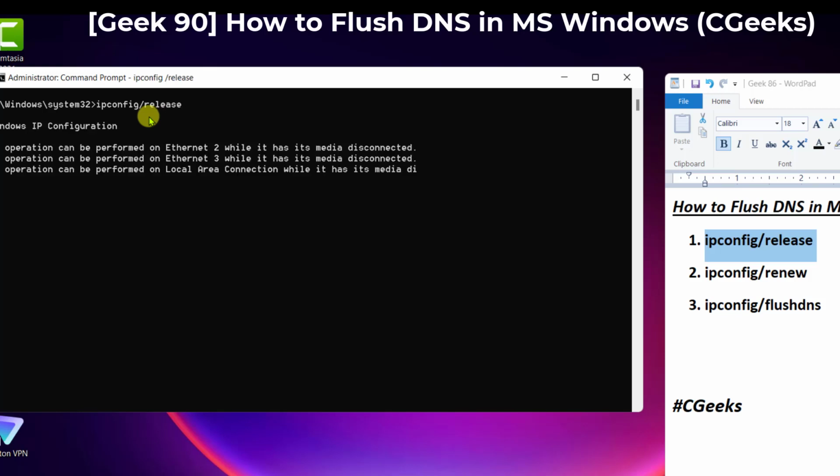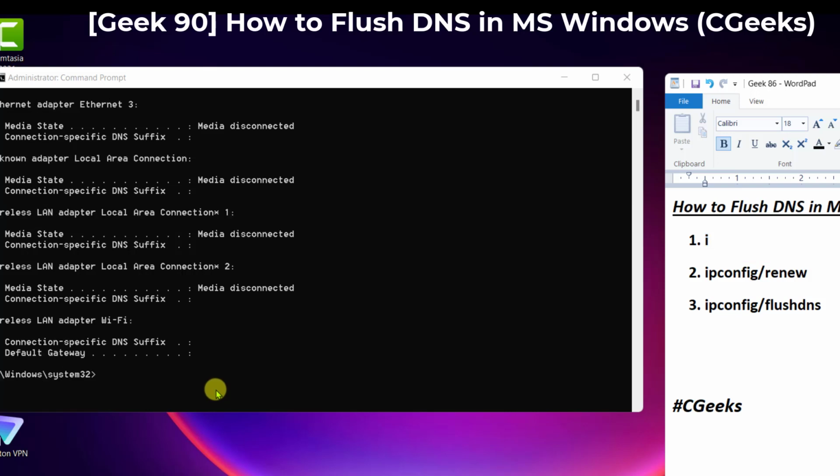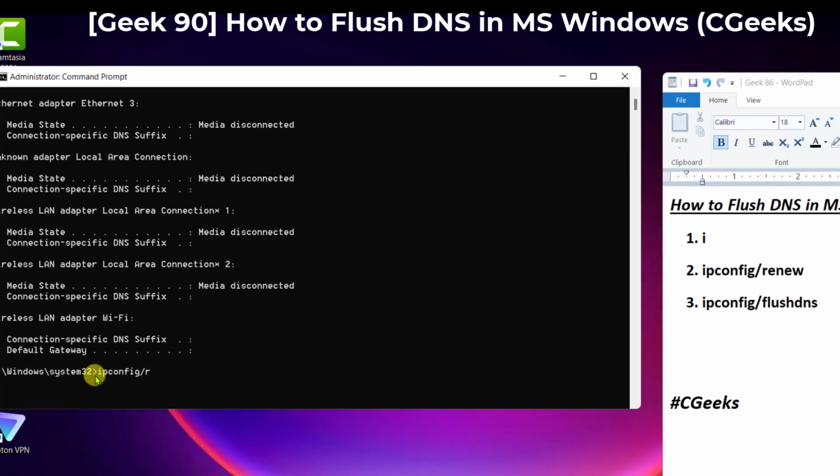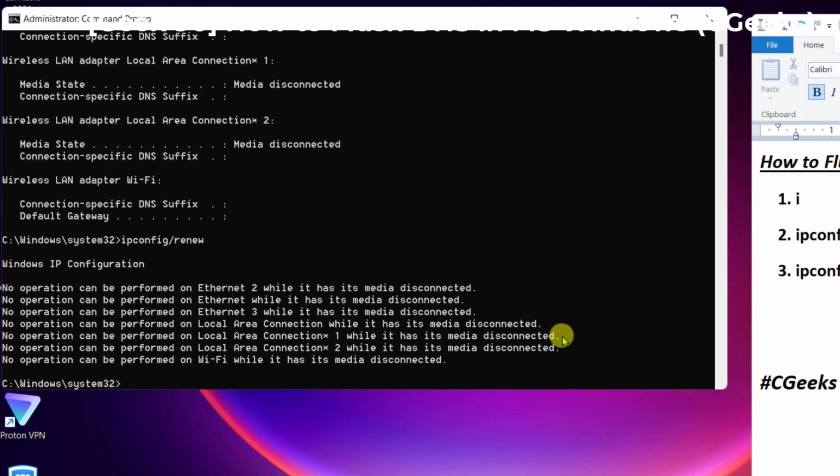ipconfig /release. So this will release all IPs in cache. Second, you need to activate the command remove. Type here. This will remove all IPs here,